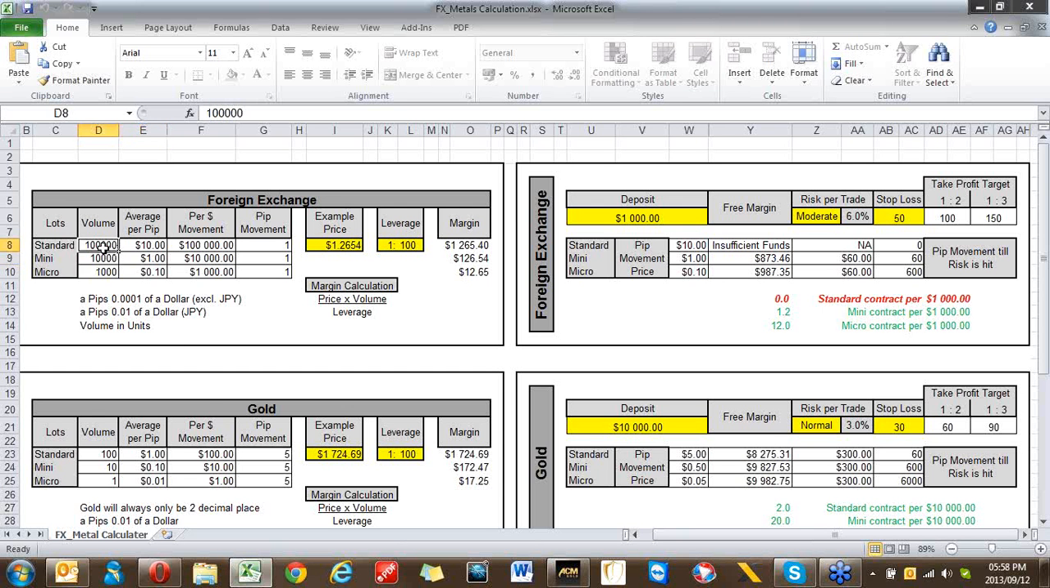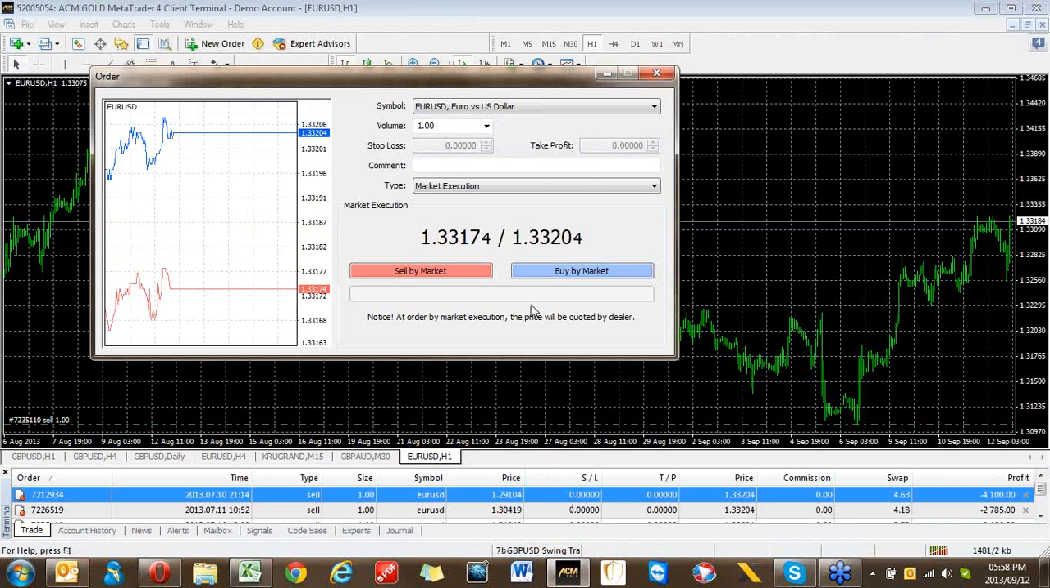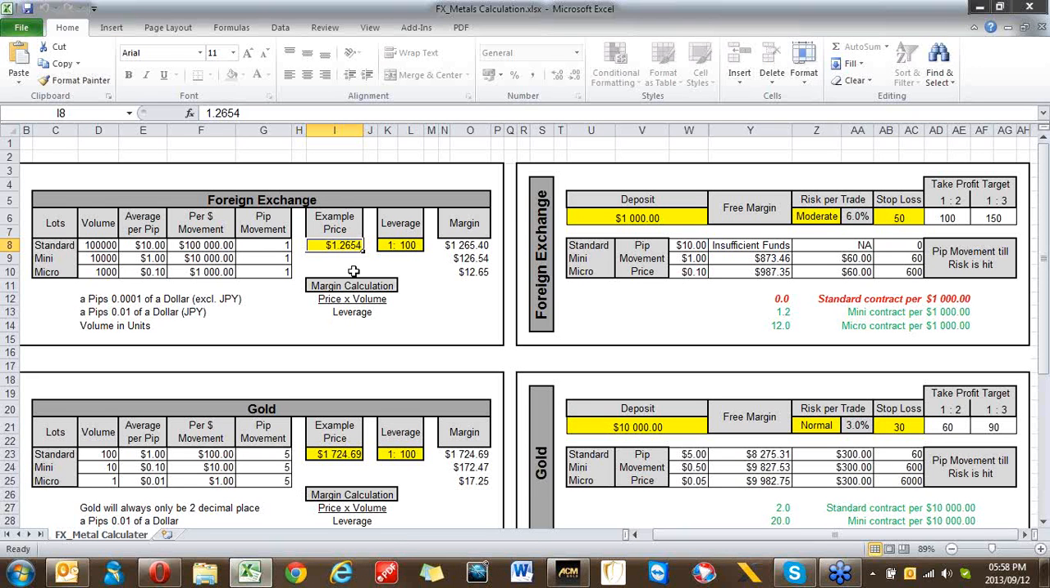And the biggest volume we offer is a standard lot, which is 100,000 units. That means for you as a trader, $10 a pip. Right, now let's take an example. Let's go and take a live example. The price is 1.3320. So if I put that price here, 1.3320, and if my leverage is 1 to 100,